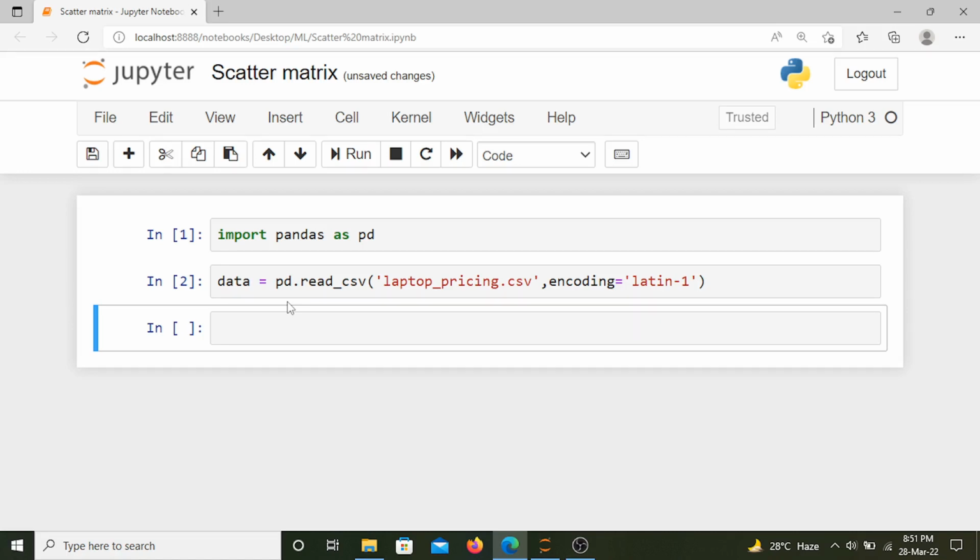So in this video, we'll learn about scatter matrix. Now, here we have imported the Pandas library and also we have loaded the dataset into our notebook. Now, let's have a quick look at the data. So here,